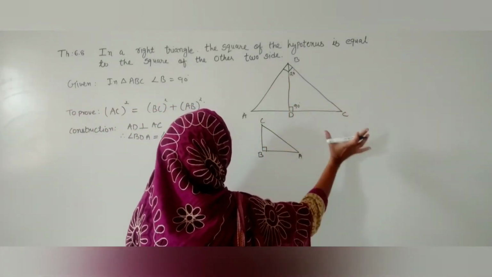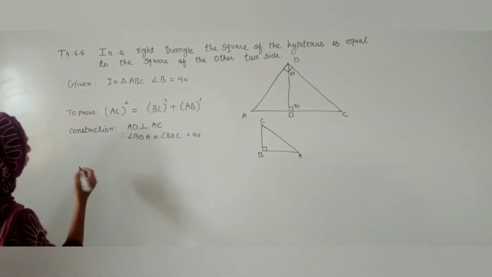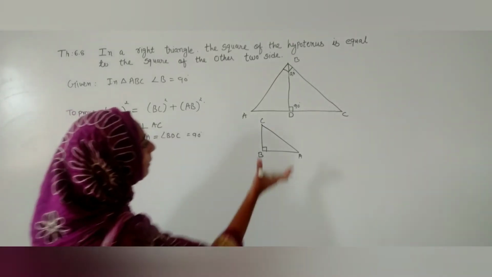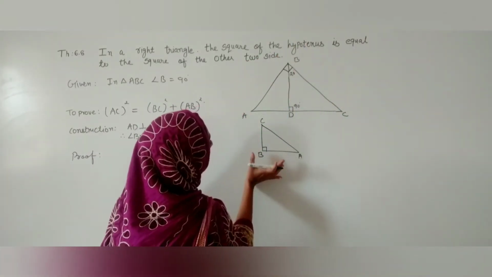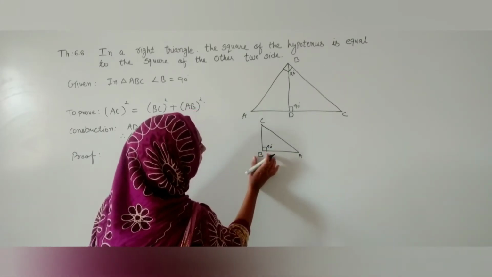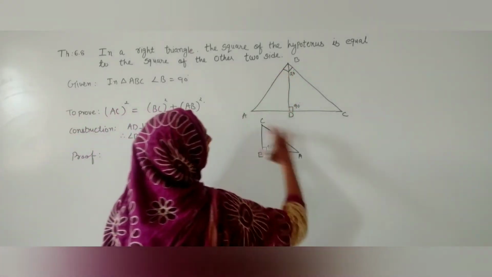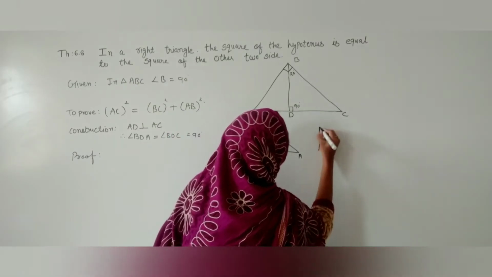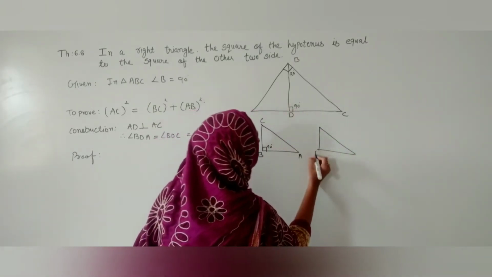So here in our first one, what do we have to do? As I told you, it is not necessary to draw a figure for our proof, but to clear our concept I am doing it. So I made this figure upside down. I just turned it, and wherever there is 90 degrees I kept it over here, and whatever is the hypotenuse I drew over there. Now we have to compare one large triangle and one small triangle for the first one. This one will be our small triangle, and as I told you, wherever is 90, D is 90 over here.